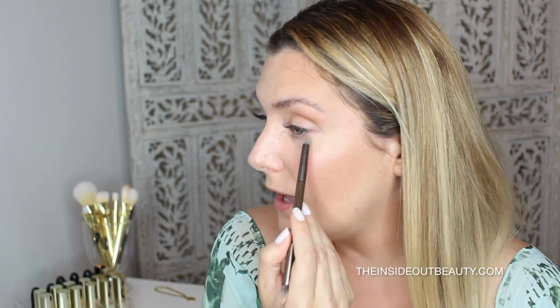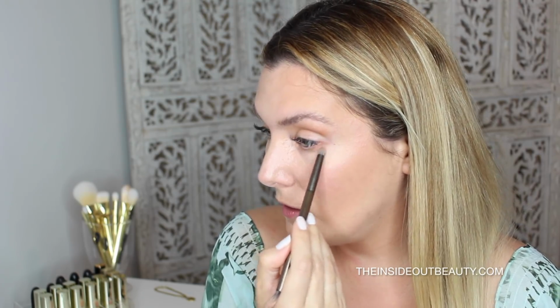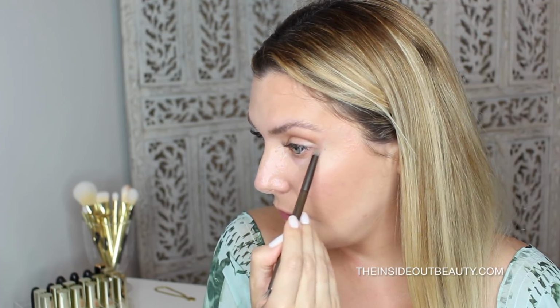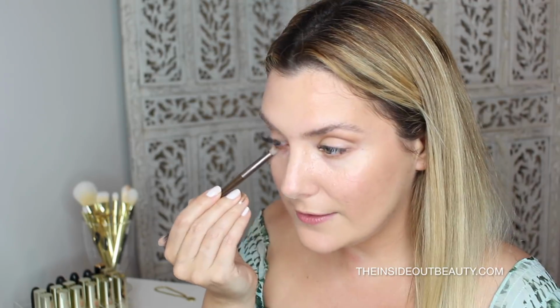So the next thing I'm going to do is get this very small shadow brush. This is actually from the Urban Decay Naked Smoky palette, but it's a very small eyeshadow brush. And I'm going to do the lower lash line with this, using Benefit Hoola, also from the Cheek Parade palette, of course. Just going to go all the way from the tear duct to the outer lash line. That never fails to open up the eye and also tie it together with